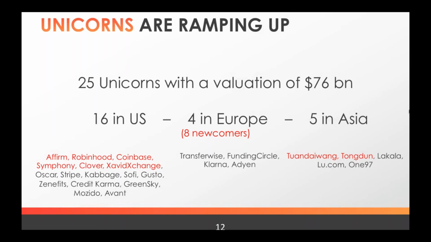And what we've seen in 2017 is that there are 8 newcomers to this club. So it's 8 companies that in 2017 have reached the valuation of 1 billion. Some of them you will know. Most of them are in the US. I marked them in red. You might have heard of Coinbase, which is in the mouth of everybody right now. It's an exchange for crypto funds. You might know some of the others, but they're companies basically in lending, in consumer finance, in different categories.